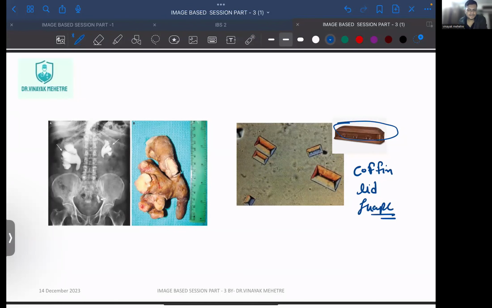Coffin lid shape कैसे बनती है? Which stone? Yes, it is triple phosphate stone. So how many ions should be there? इसी का नाम है स्ट्रुवाइट और ब्रूशाइट।